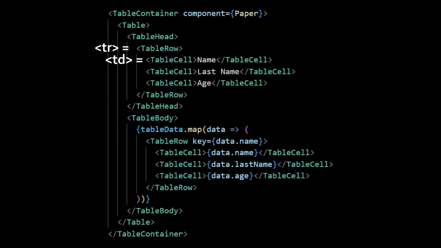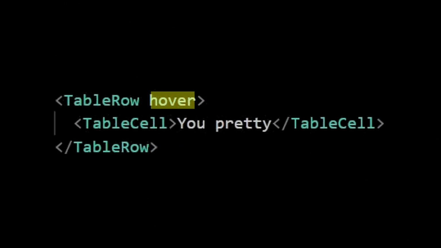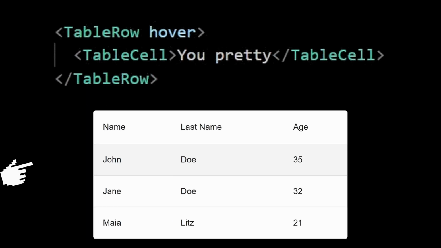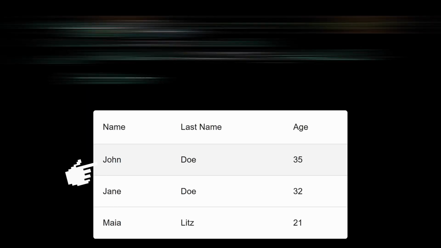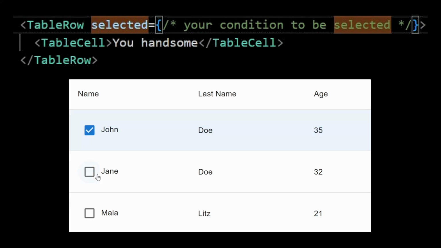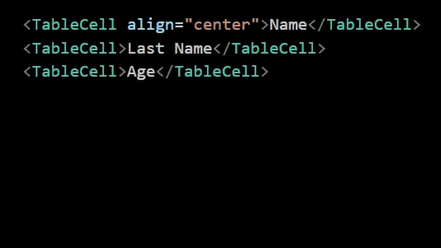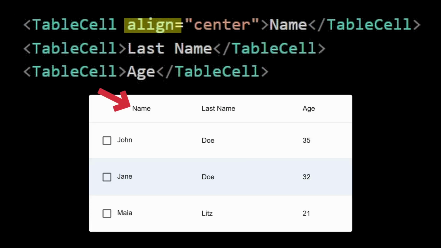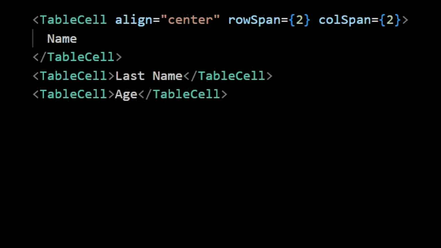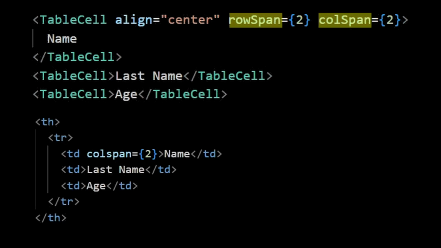Inside of these components, you will find that each of these have a table row component and table cell as well, normally iterated using the map function. The table row has a hover prop that adds a shade on that specific row that you hover, and a selected prop if a current row is selected. It is useful if you have an interactive table. The table cell has a property called align, used to align the content inside the cell. It also contains the properties called colSpan and rowSpan, similarly to those in HTML, which span the table row